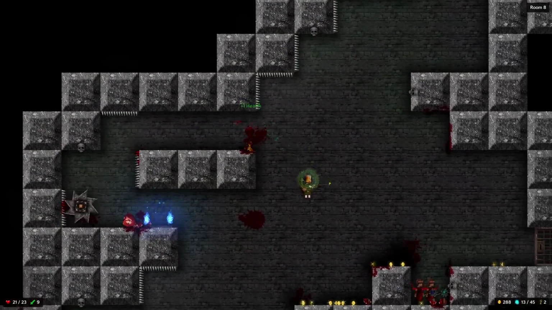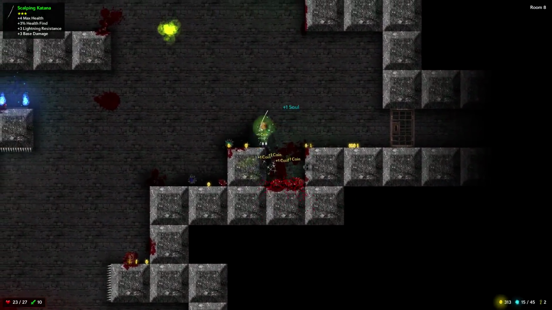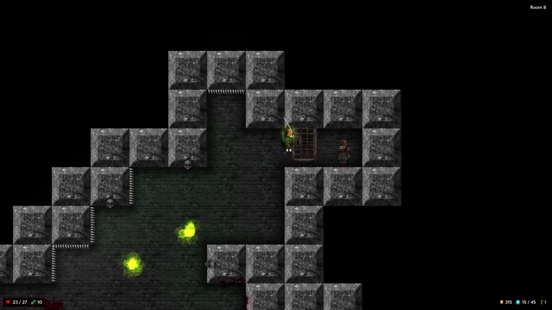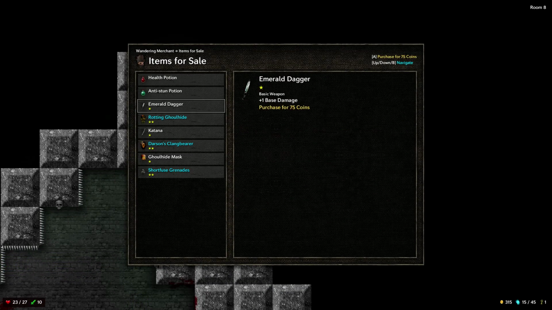Yeah, 3 damage from those spikes. That's pretty bad. Alright, let's take the Katana. Now, the Katana's fun because you get to quickly warp around. But because you don't know who you're going to warp to...